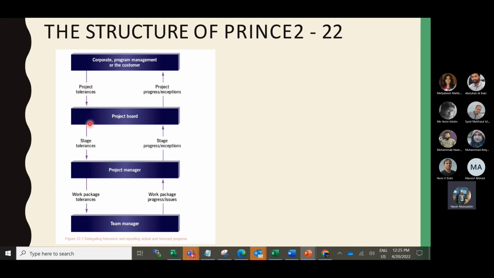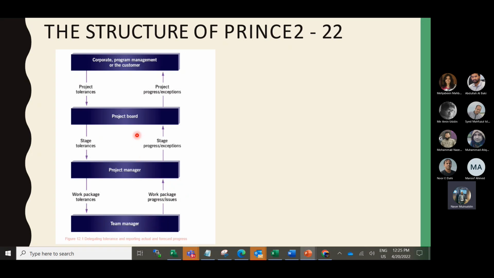Then the project board has the authority for the stage tolerance. We mentioned that the project has multiple stages, two stages, three stages. For each stage tolerance, the authority is the project board. And finally, the project manager, when delegating the work package to the team manager, has the work package tolerances. If any exception is there for those tolerances, they will go to the project manager.